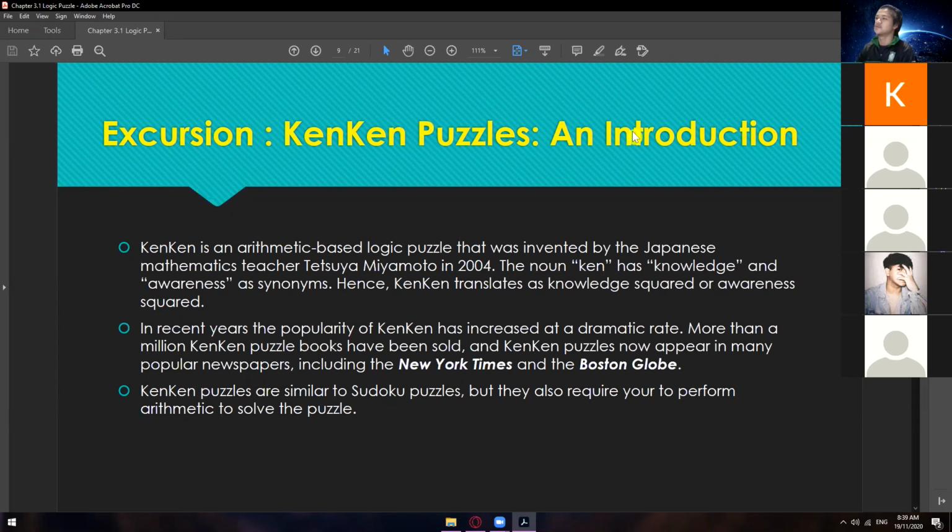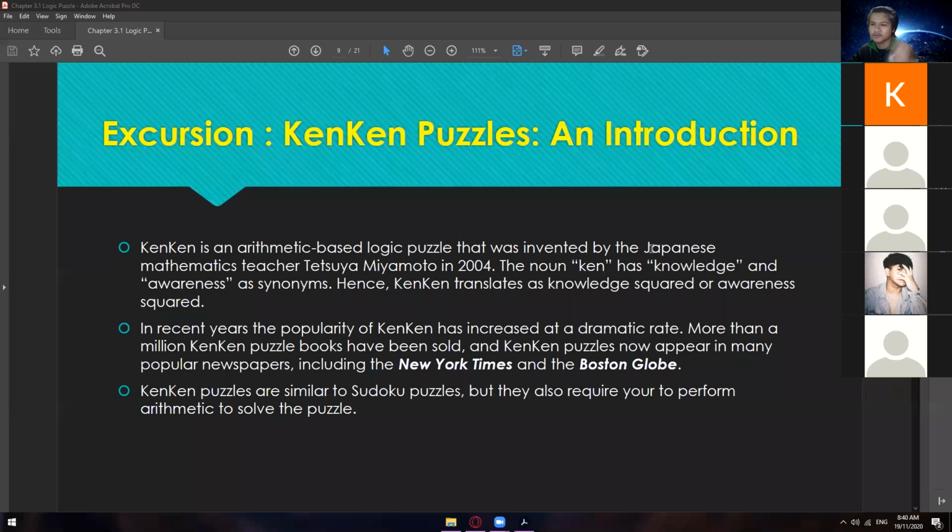Okay? So to those who are fond of solving Sudoku puzzle, so congratulations, because Can-Can puzzle is super similar with Sudoku puzzle. It's just that, maybe Can-Can puzzle is a little bit harder. Just a little bit harder than Sudoku puzzle. Alright? So, we now only have 1 minute. Okay. So, we will continue this one on part 2.